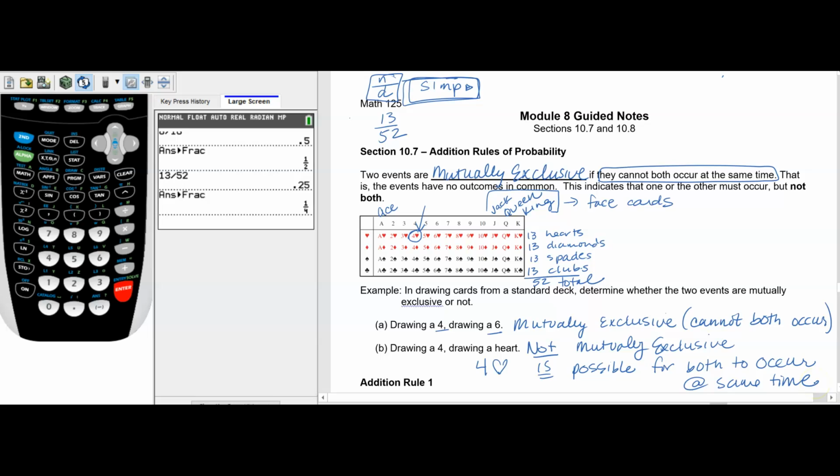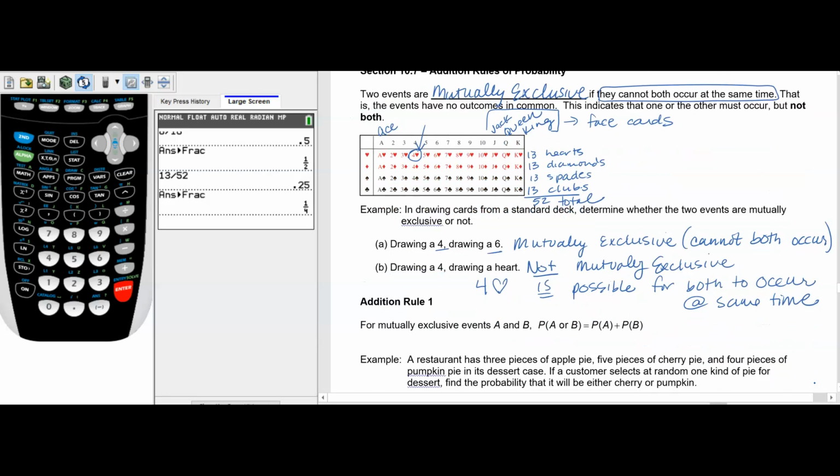The reason we're talking about events being mutually exclusive or not is because it impacts how we find the probability. So let's just jump into some examples,